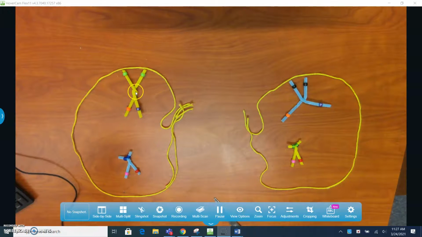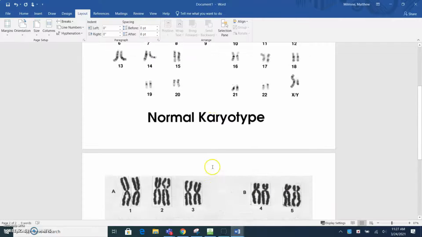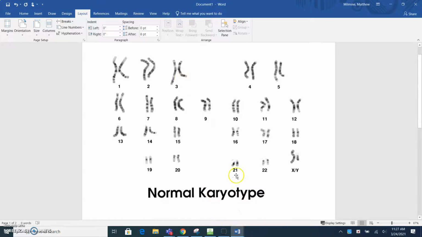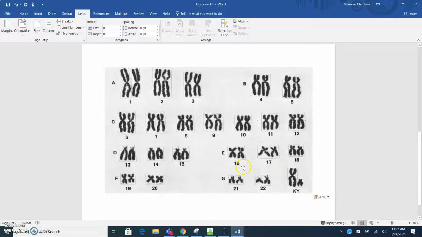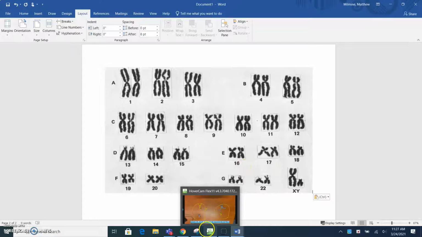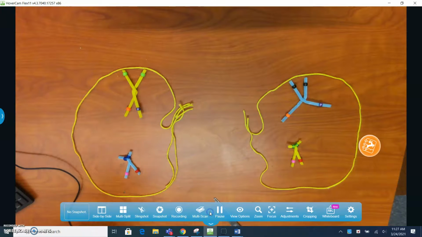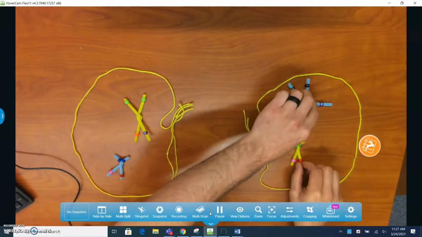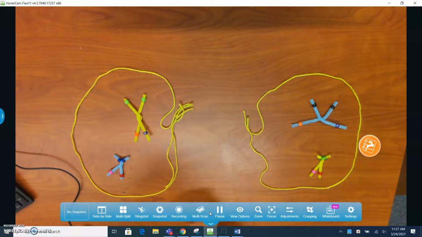So now what we've done is we separated this chromosome from this one. In essence, this chromosome here is no longer in the same cell as this chromosome here. And same with this one and this one, and this one and this one. We have divided up all of those chromosomes. Of course, they kind of look like this at the moment. But now that we've gone through meiosis 1, we need to do the process again. So these 2 and these 2 would immediately go into prophase 2,